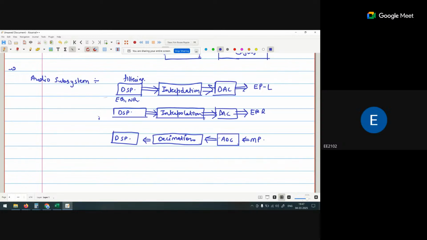Okay, only one microphone. If we have two microphones, like if you are talking about the earbuds, every earbud has an individual earphone and basically a microphone. So microphone right. Similarly, if you are using the microphone left, again we have the ADC,